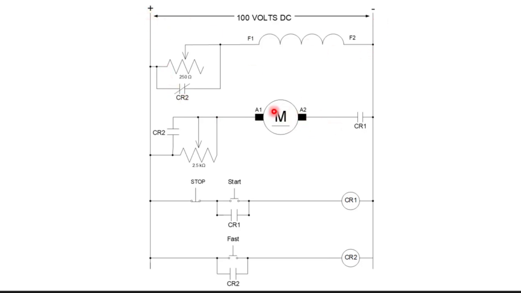So the counter EMF, this counter voltage that's generated inside of this, opposes this voltage. Consequently, the current results from this amount of voltage and this amount of voltage pushing back, so the current starts to reduce. But if I cut these lines of flux, then the generated voltage will go down. And if the generated voltage goes down, more current will flow, again making this a stronger magnetic field and causing the